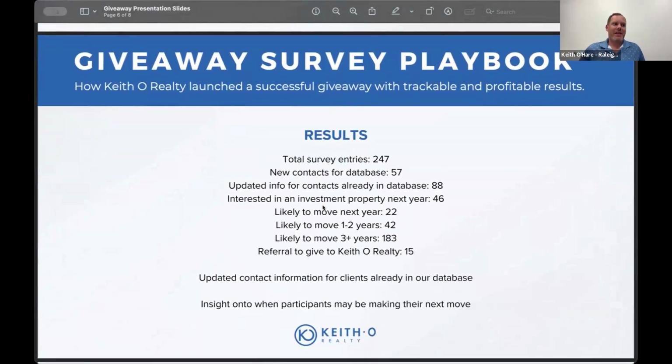I view it as they filled out the survey. They've given you the information. To me, I would use that almost as permission to follow up. If they really didn't want to share, they're not going to put that information in there. People are smart. Yes, we want to help give away something, but it's not completely for free. So by filling out the survey, they've, whether tangibly or not, given you permission to reach